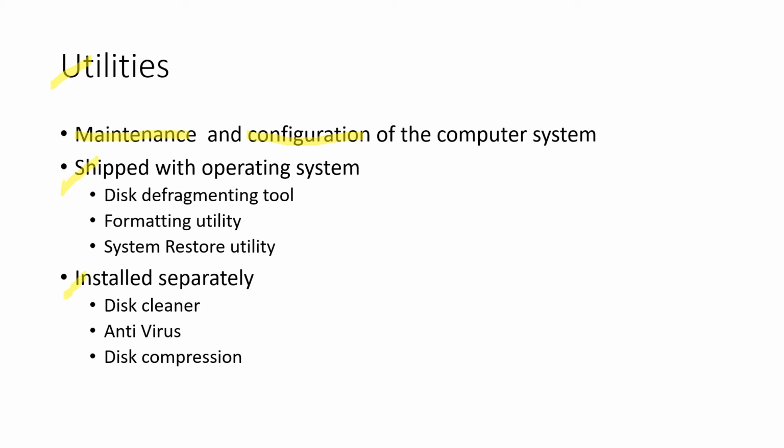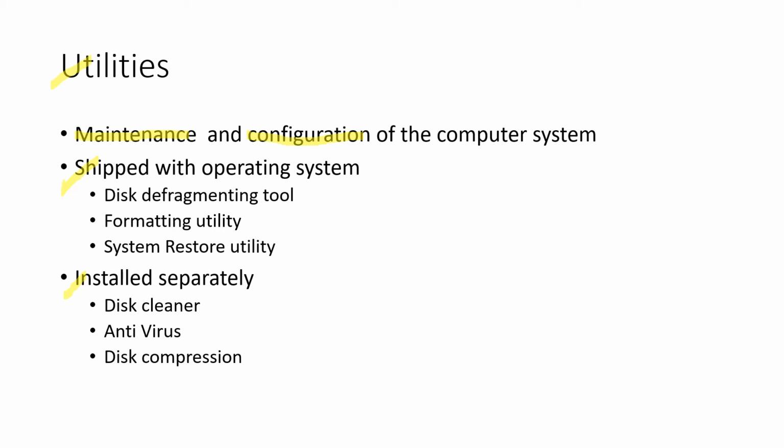So the utility software which are shipped with the operating system can come under system software, and we will look at that one by one. The disk defragmenting tool. The disk defragmenter is a program which speeds up the disk's access by rearranging the files on the free space on the computer, so the files can be stored in contiguous units, which means next to one another, and the free space is consolidated into another contiguous block.